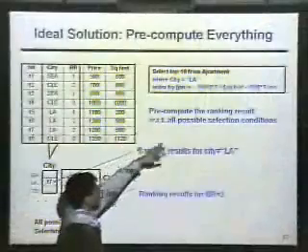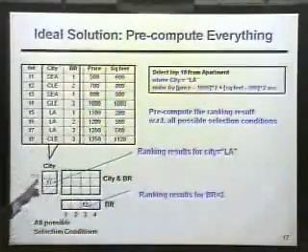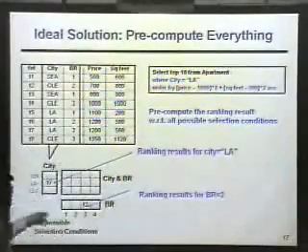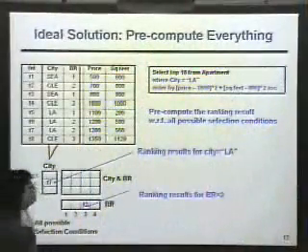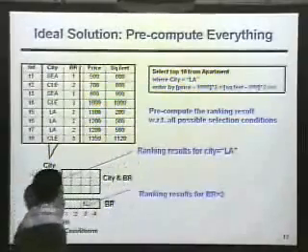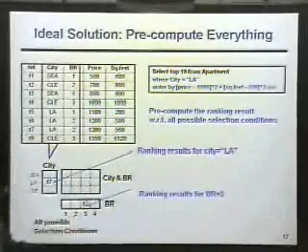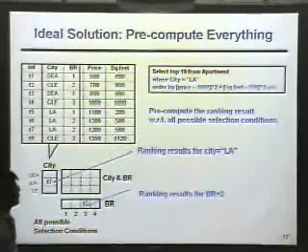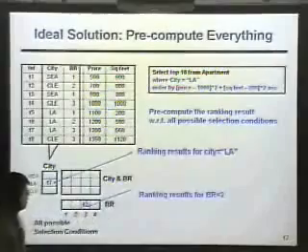For example, given this query, like city equal to LA, and this ranking function, we can group data by different attribute values. Actually, this is just a general data cube. They group data into different attribute values and according to different combinations of dimensions. For city equal to LA, we have a ranking result. The top 1 ranking is T7 according to this ranking function. And for this selection condition, bedroom equal to 3, we have another. It should be equal to 2. We have another top result as T2.